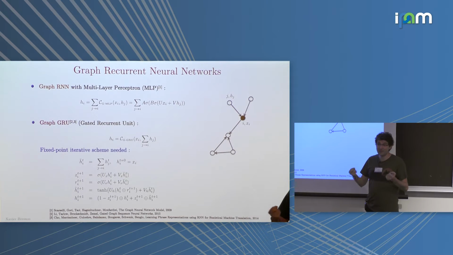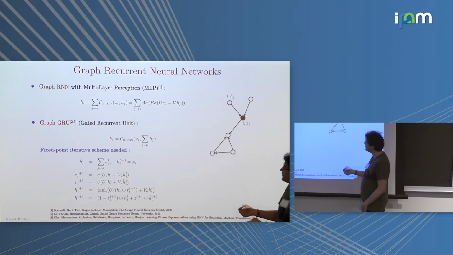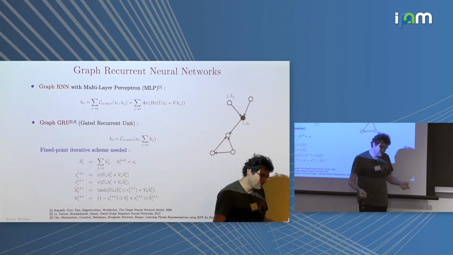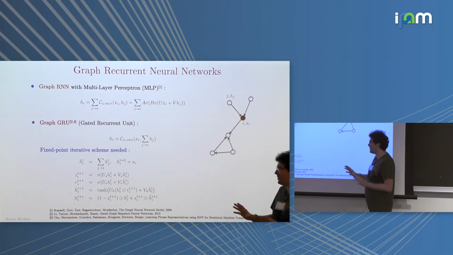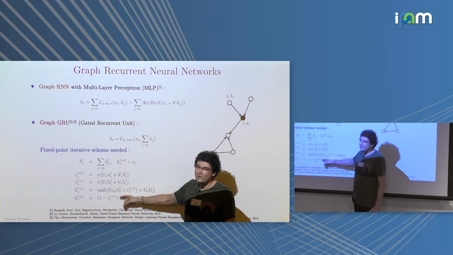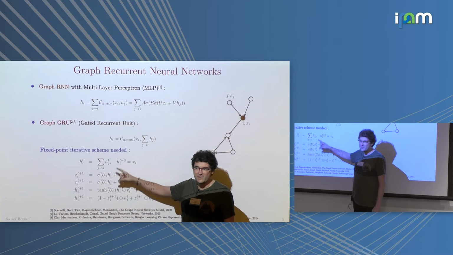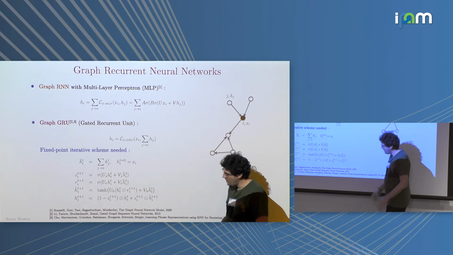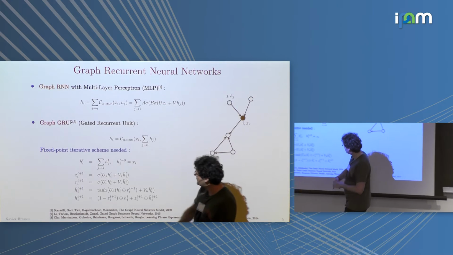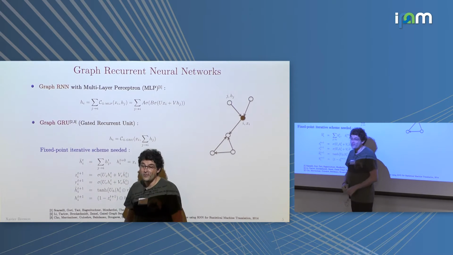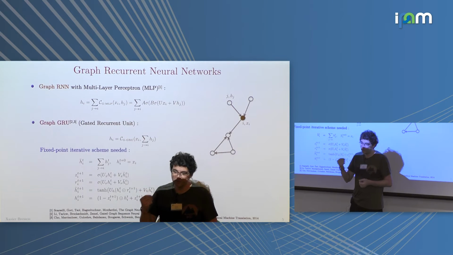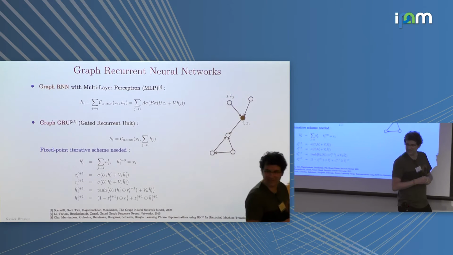And for this special structure, you have an analytical expression to compute the representation of your vertex. Here, you don't have this, because the graph is completely arbitrary. And because of this, if you want to solve this kind of equation, you will need to use a fixed point iterative scheme. And so there is the question of convergence, existence, which probably is not possible. So what we do basically, we just iterate a little bit. So we just do a few inner steps of this iterative scheme, and we take the solution as it is. Are your sigmas the weights for your different sigma? This one? No. Sigma is a nonlinear activation, like ReLU, tangent hyperbolic, sigmoid, if you want. You need a little bit of nonlinearity in your system, and this is it.